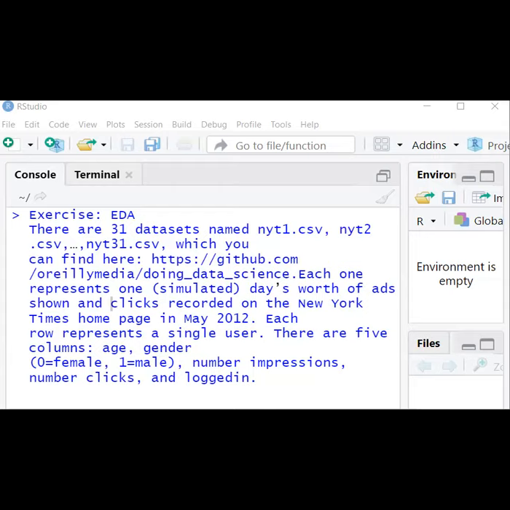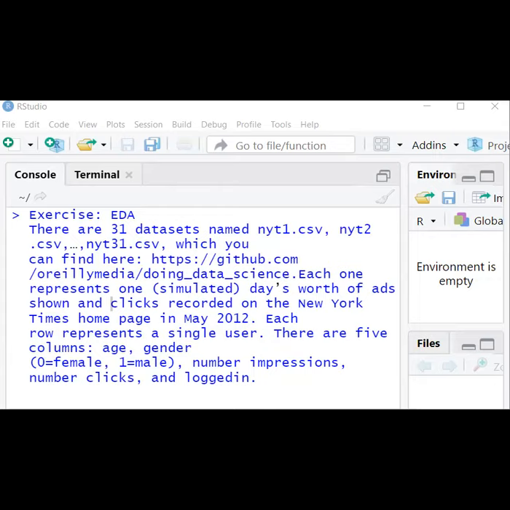Here in this particular example, there is a data set which represents ads shown in the New York Times, and users will click on those ads. It holds user data, the number of impressions, number of clicks, and when they got logged in.